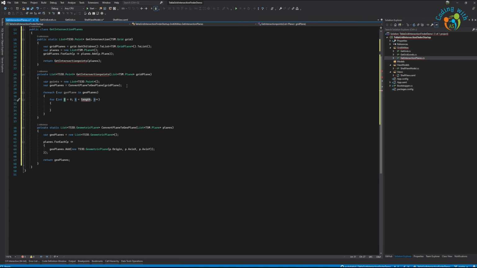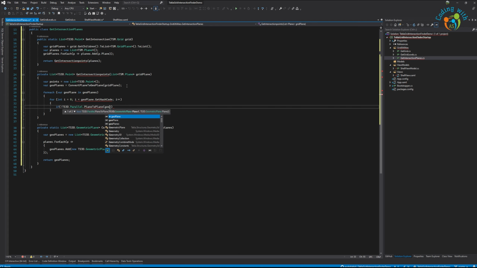Let's create another loop, for loop geoplan.count, and now we need to check if ts3d dot parallel dot plan to plan geoplan and geoplans of I,